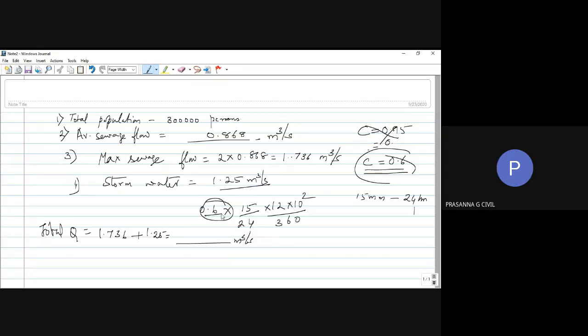What is this? Yaksha, you are the one who asked that, right? Yes, ma'am. Coefficient of runoff. No, this is coefficient of imperviousness. Correct. So if the ground is very highly impervious, we take 0.95 like that. So now what they are saying is nothing is going into the ground, 100% is going away as runoff itself. So C should be taken as 1.